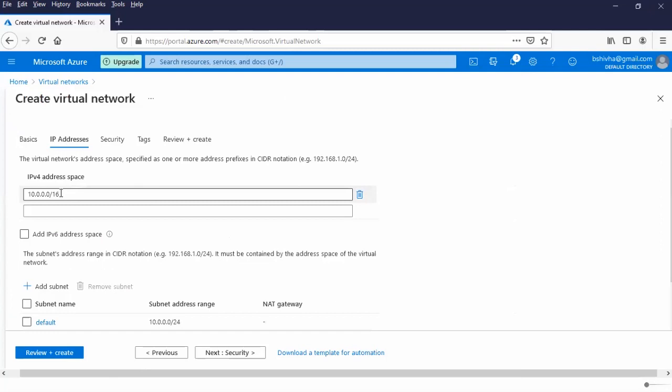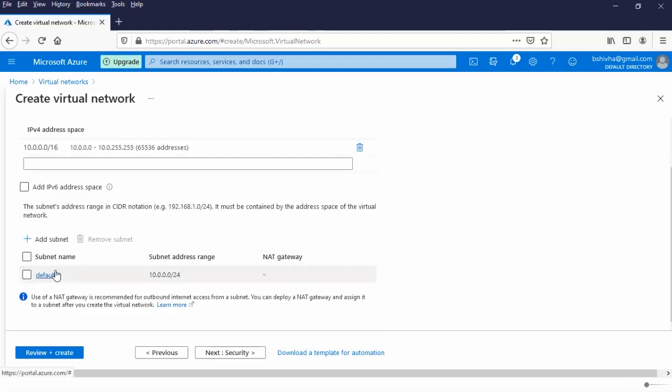By default, Azure itself recommends a /16 network. In your real-time projects, if you have different networking requirements, you go accordingly. But here, since we want to see how it works, I'm going with the default one. So this is the parent network, and in this /16 it automatically recommends a /24. If we create any VM, the IP address will be taken from this subnet only.